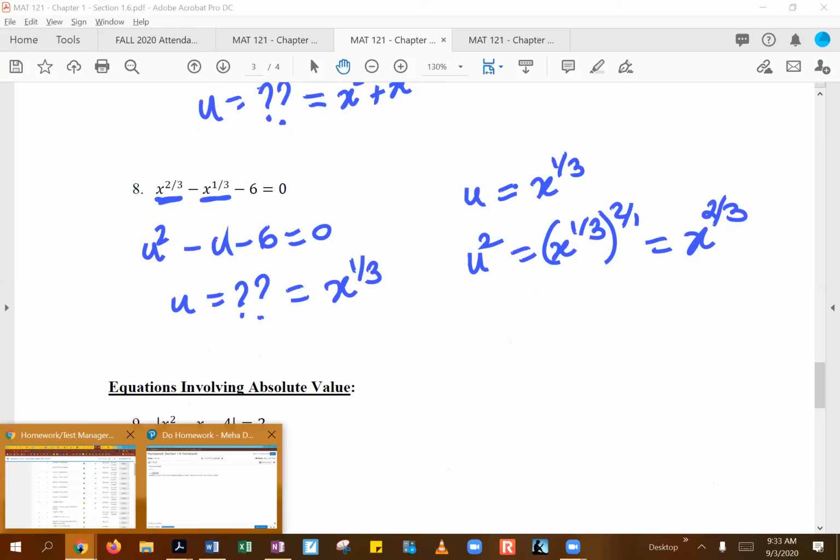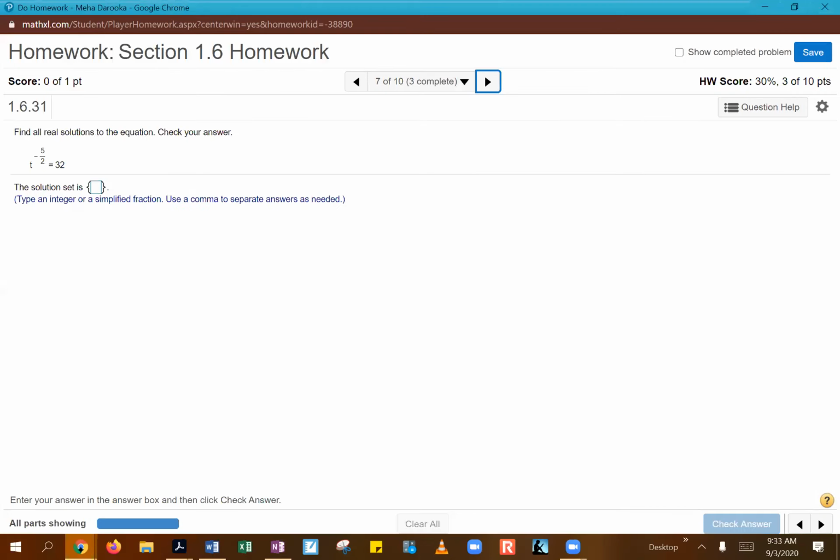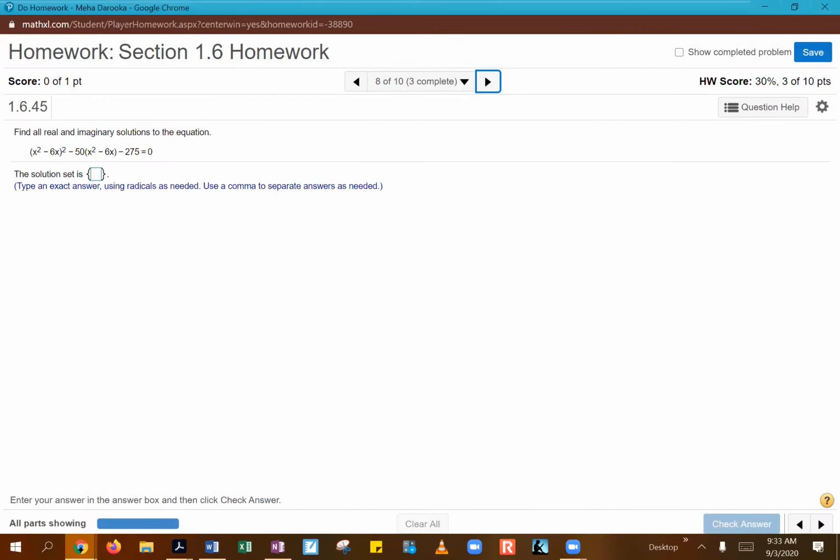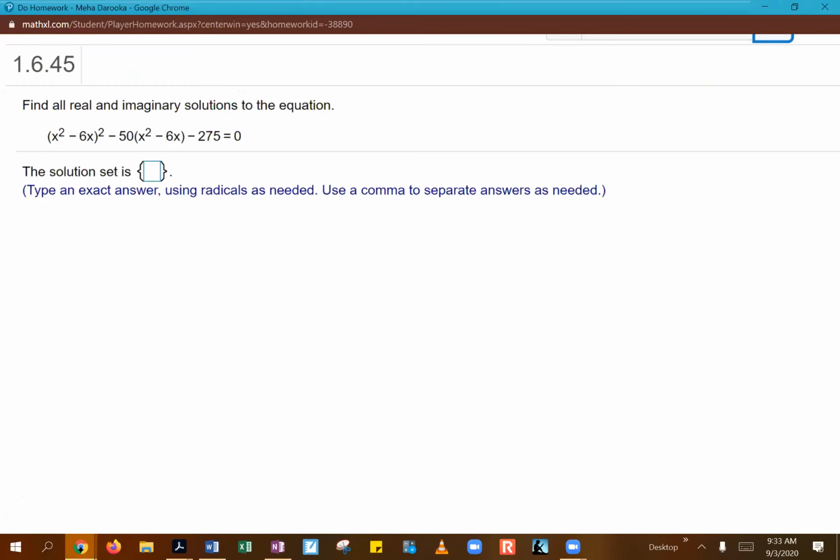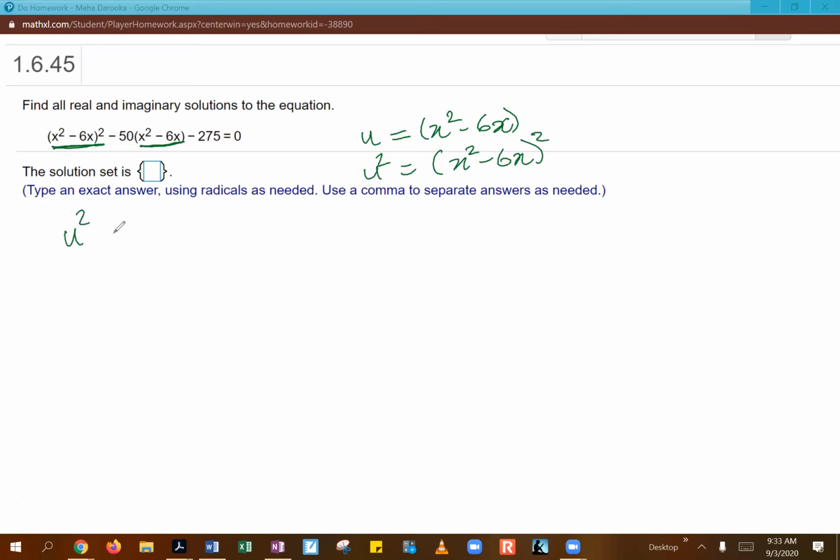So if you look at your example here in homework, something like this is very similar to what I just showed you. So start by rewriting this guy as your u value. That means u would become x squared minus 6x. If we squared both sides of this, obviously that becomes our first term. So when we do our u substitution, that first term will become u squared minus 50u minus 275